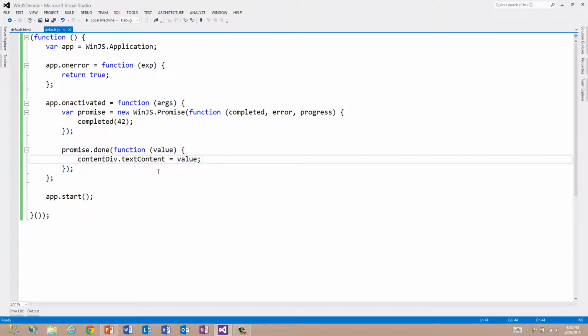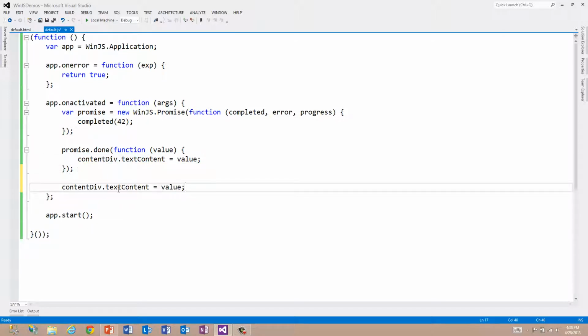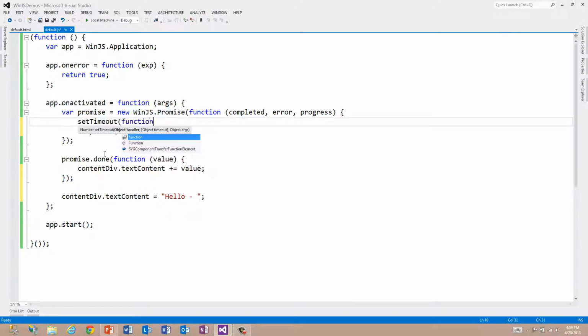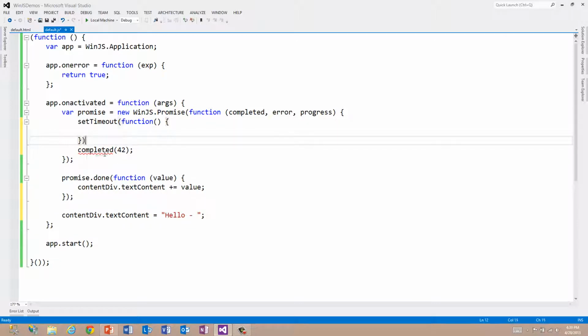Now, if I want to make this like a delayed response, because it's asynchronous, I could have, let's say, after this promise, the div content. I've never tried this before, but maybe I do a plus equals, and over here I just say hello. And so the idea is that the hello will be printed out to the div before this finishes, but I want to kind of delay the actual promise here. So I could do a set timeout with the callback, and this callback